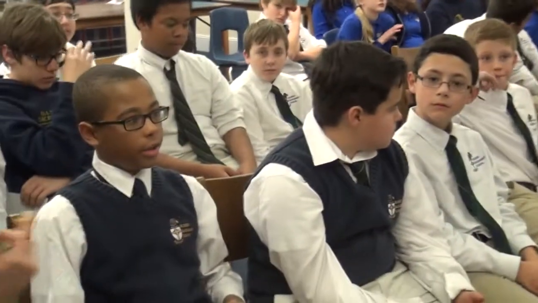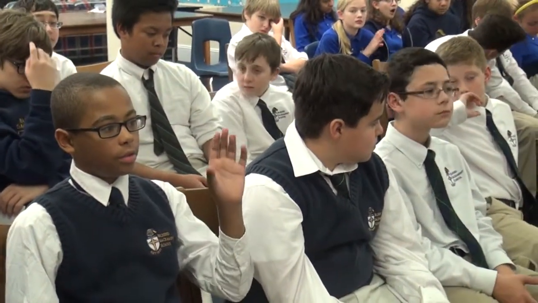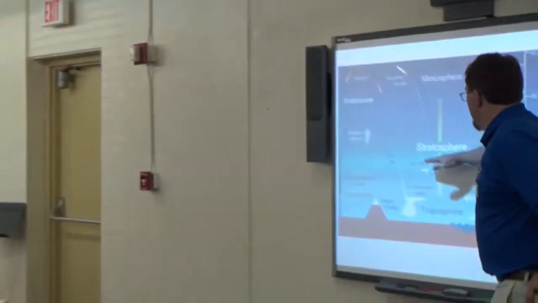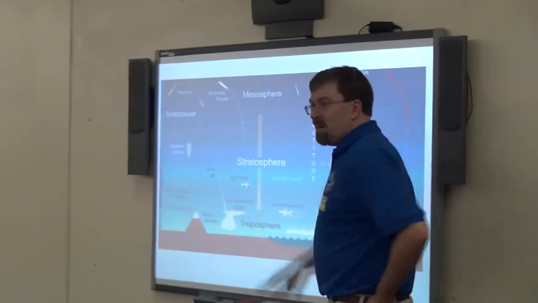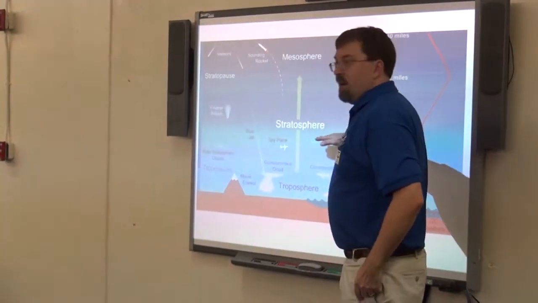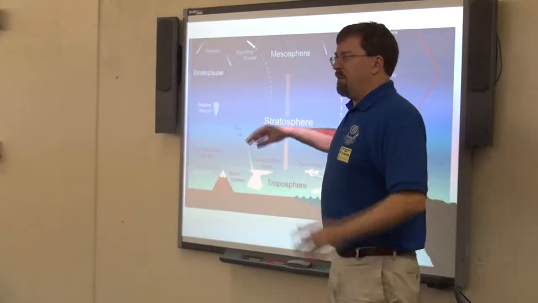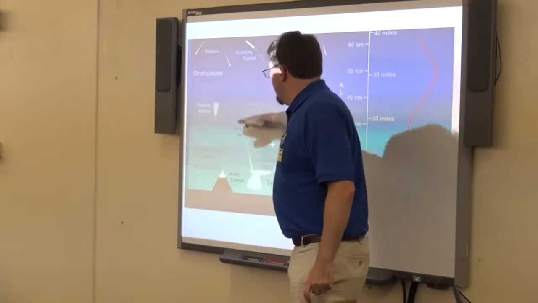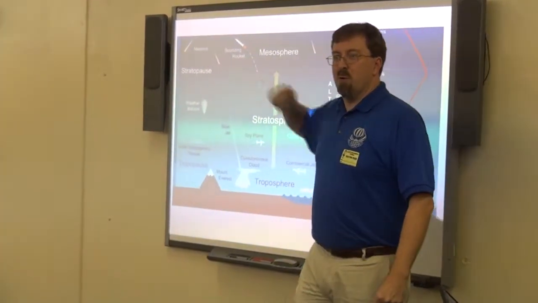So, yes, sir. When these weather balloons go up, are they going to stay above the ozone layer, or where are they going? They're going to be right in the midst of the ozone layer. It really depends on your design. If you want to put a whole lot of really cool stuff on it, it might only go to here, in the middle of the ozone layer. But if you make it really super lightweight, it will go up above it. It'll punch through above the ozone.